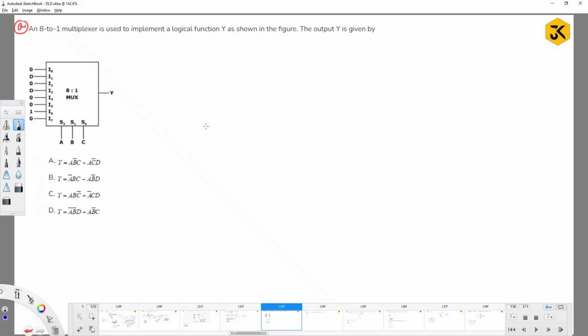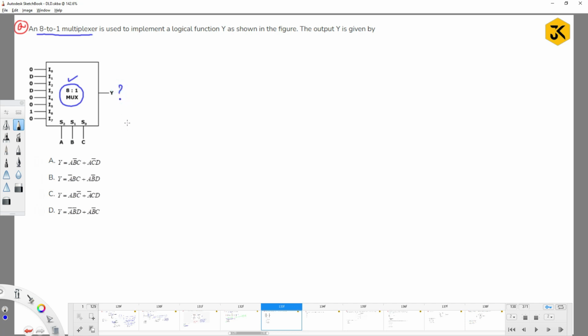Hi, let's see one of the GATE questions which was asked on multiplexers. An 8 to 1 multiplexer is used to implement a logical function Y as shown in the figure. The output Y is given by. Here they are given simply an 8 by 1 multiplexer and they are asking what the output